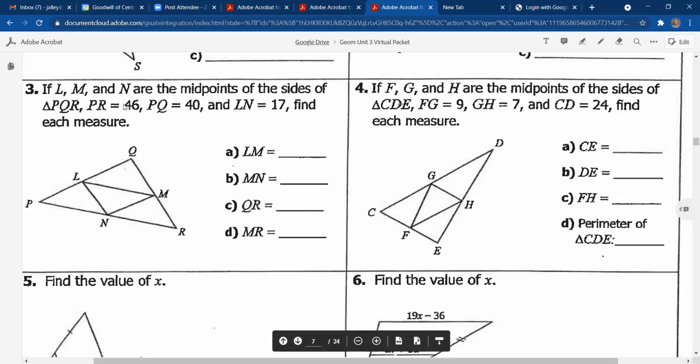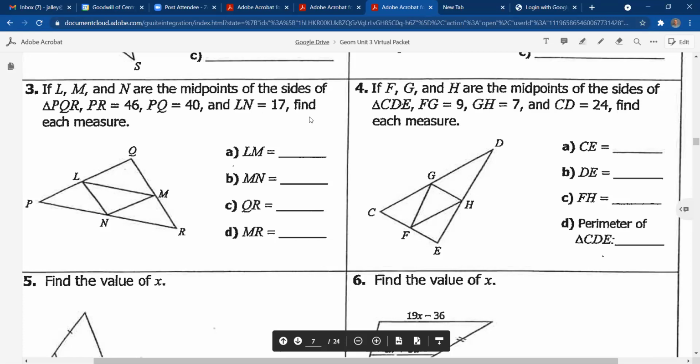And QR, let's see, do we have QR? No, we got PR, we got LN. So LN, this is where you have to turn this equation around. Here we've got LN equals 17. QR is not half of LN, visually you can see that LN is half of QR. So this is where you multiply by 2 instead of dividing it in half. If LN is 17, like it tells us, QR has to be 34,